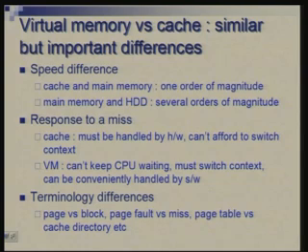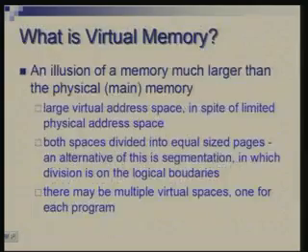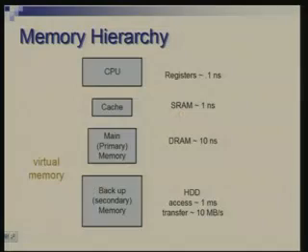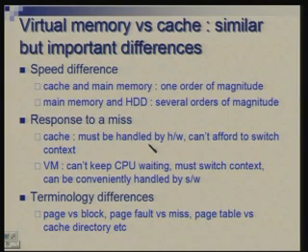The main difference essentially comes from the fact that speeds are different. When you talk of the speed difference between cache and main memory, we notice that it is only about an order of magnitude. Let me quickly project this figure. The difference between these two is much smaller, and the difference between these two is very large. So, the techniques which worked here may not always work here in the same manner. We need to keep in mind that HDD is much slower than the main memory, by several orders of magnitude.